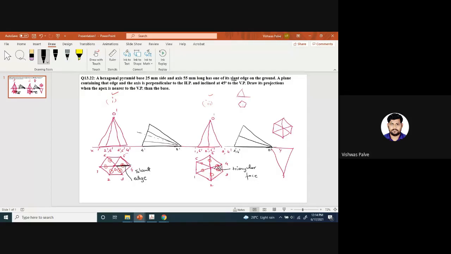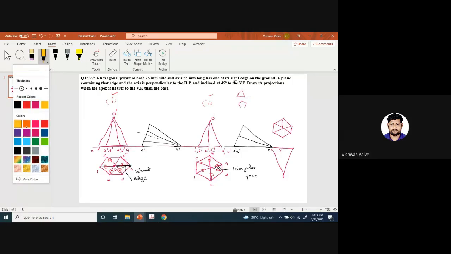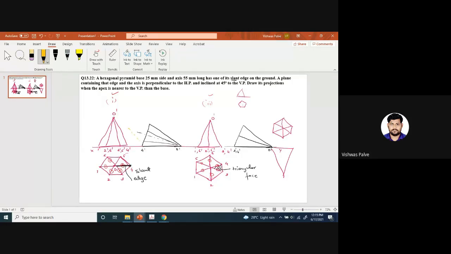Why am I explaining this? Because we have to select whether we have to draw it like this, that is the corner resting condition. It is called the corner resting condition, and this is called the edge resting condition. If I tilt this object with some inclination, let us assume that it is not going to rest completely, but it is going to rest somewhat like this. I will change the color and show you. Suppose it rests somewhat like this, then it is resting on its edge or its corner. Yes, this is called the corner resting condition.